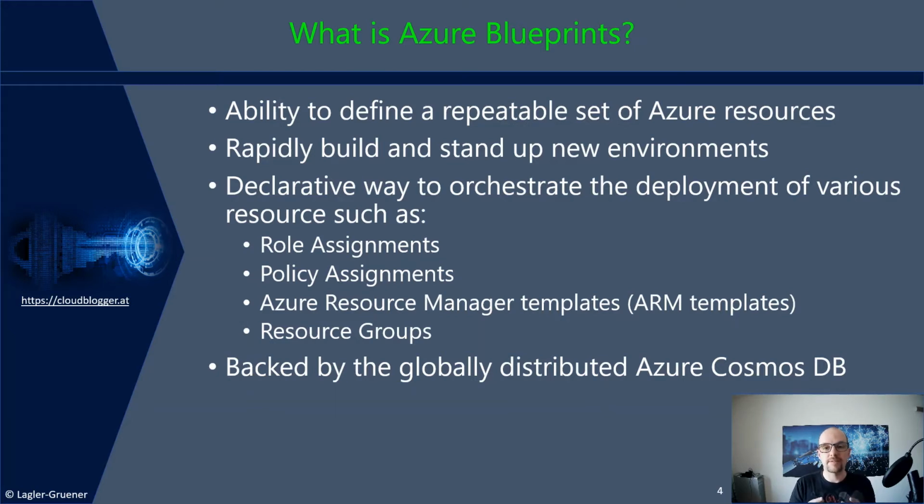For example, you have your subscription and in each subscription a virtual network should be available, and a Log Analytics store. There are separate permissions available for those resources, and you can combine all those definitions in one Azure Blueprint and assign this blueprint to a next subscription, for example. And then automatically the resources will be deployed and the permissions will be assigned.